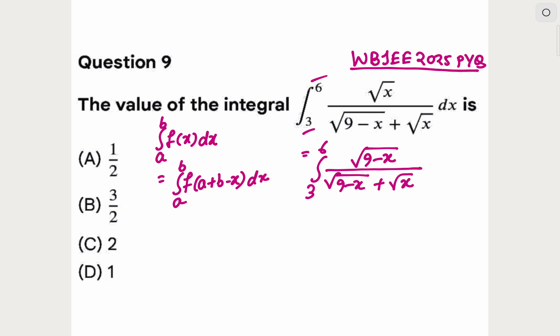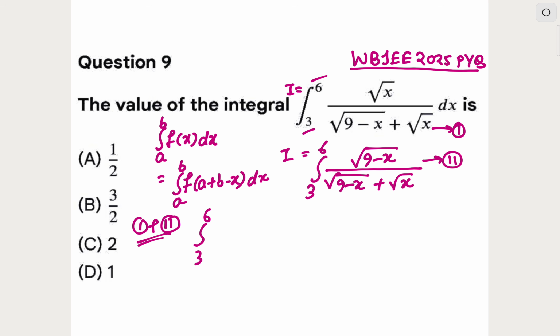So now do one thing. See, we had initially the equation 1, so let it be the equation 1 is equal to this, and let the equation 2 be this. So from the equation 1 and equation 2 we can add them together. So let's do nothing but just add them together. So we can write that if we are adding this together, it's equation 1 plus equation 2. So if we add equation 1 and 2, then it becomes like